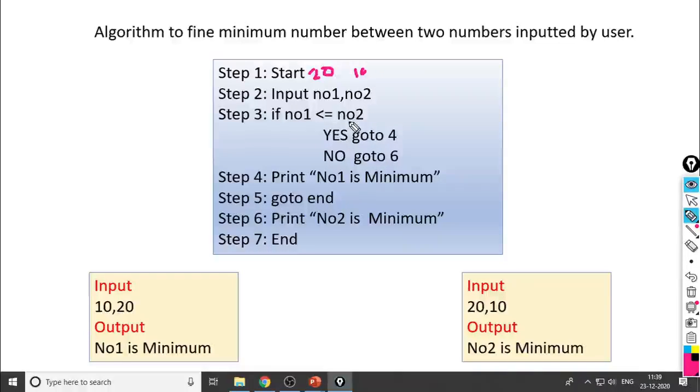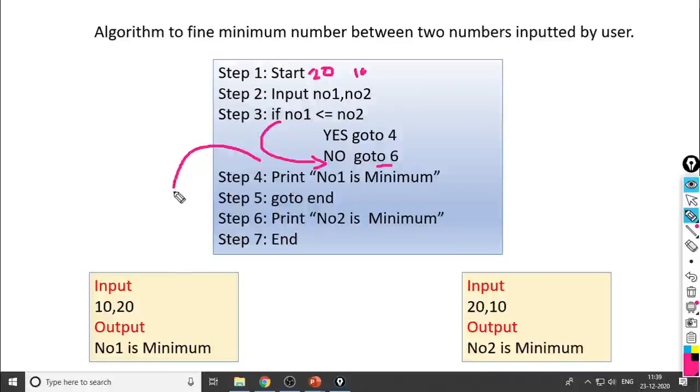Is it true or false? Is 20 less than or equal to 10 or not? Yes, it is false, because NO1 is greater than NO2. So here it will take your control to no, and then to step number 6. If no, then go to 6.